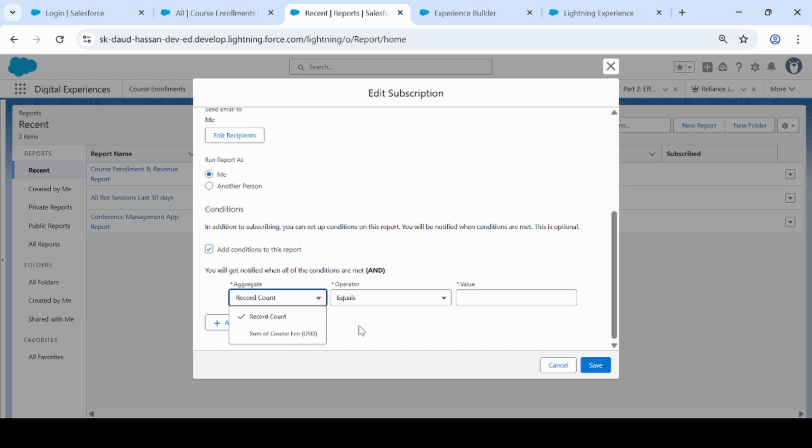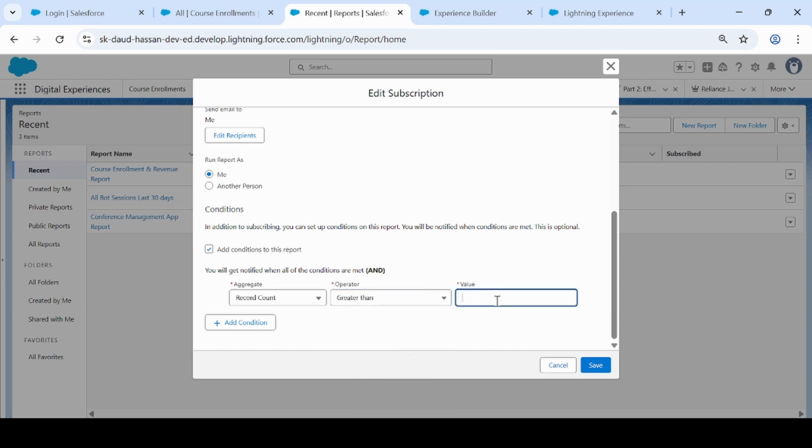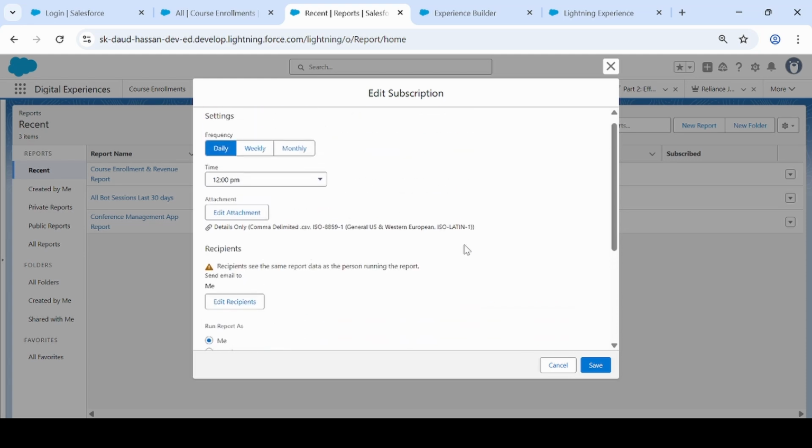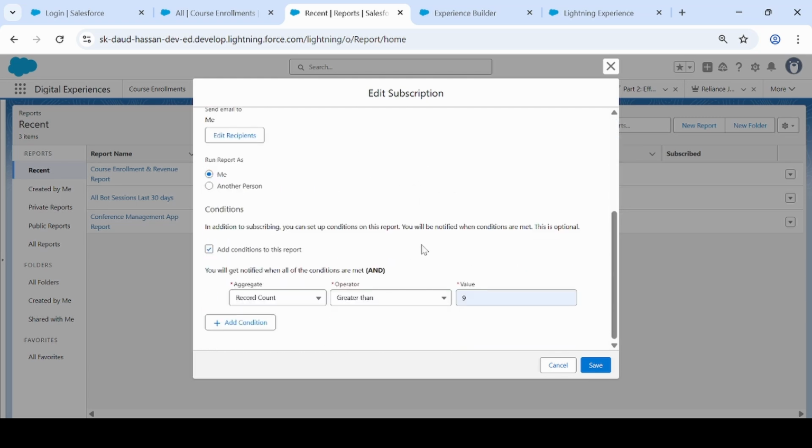Right now I'll select record count and we'll select if the value is greater than 9. That means if the record count in this report exceeds 9, only then it will trigger the report and send it to its recipient on whatever dates are mentioned. So if I now click on save,